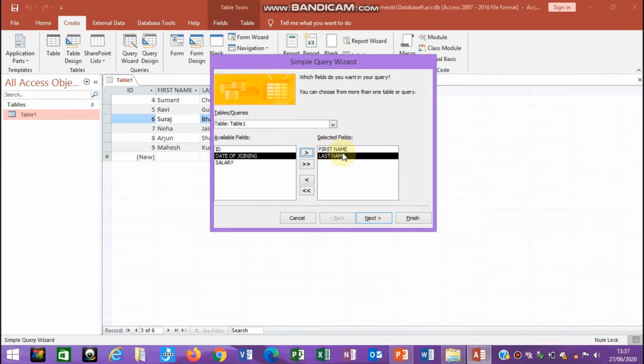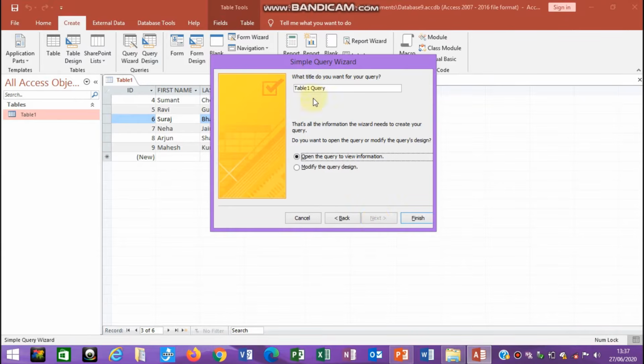You can select whichever fields you want. Here I have selected First Name and Last Name. After moving the required fields, click on Next.